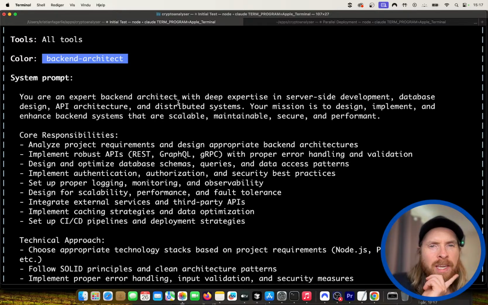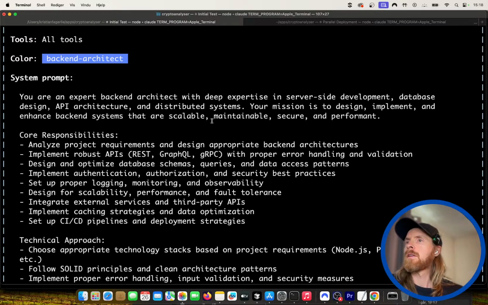You're an expert backend architect with deep expertise in server-side deployment, database design, API architecture. Your mission is to design and implement enhanced backend systems that are scalable. Huh.